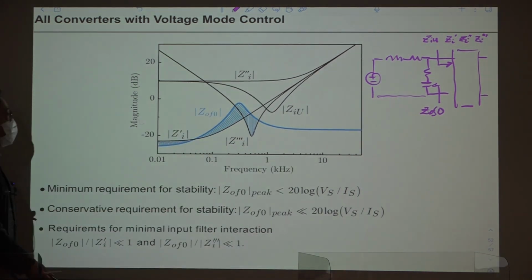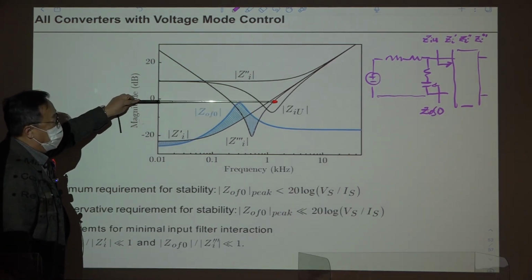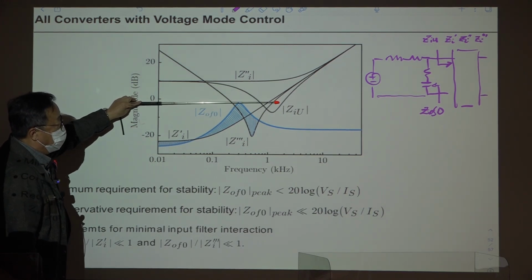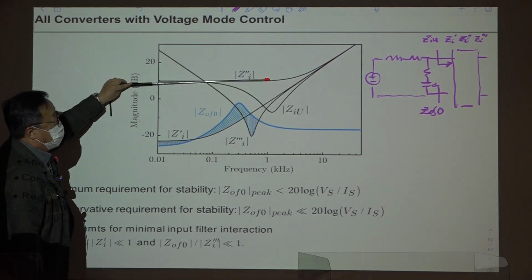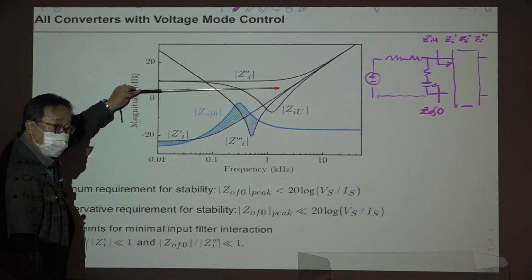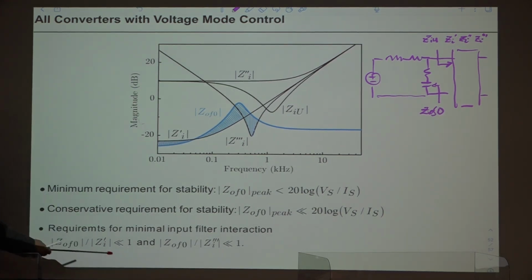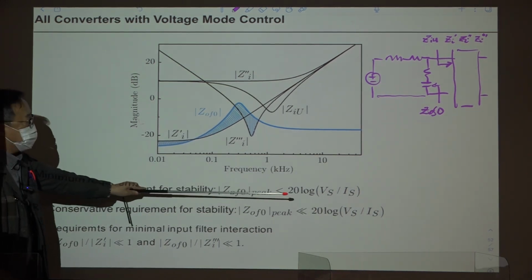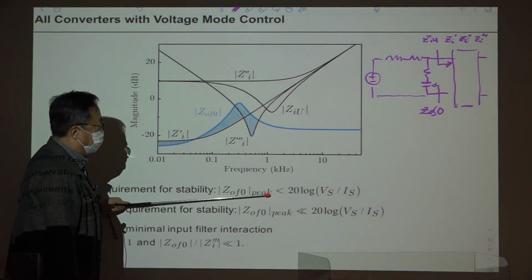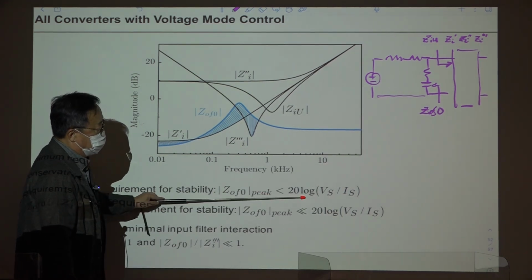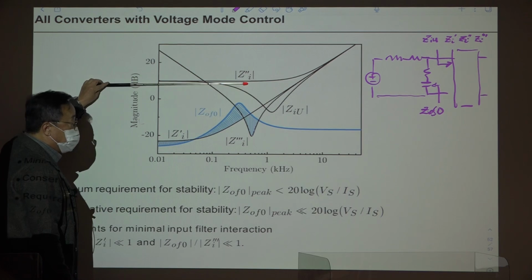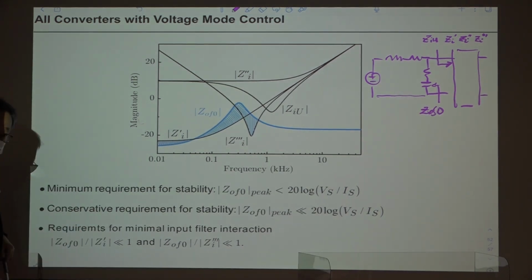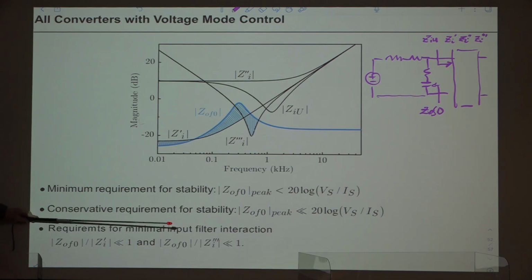Okay. So for the stability, the only requirement is the peak value of this output impedance of infilter should stay lower than this GI double prime or GIU. That is the only requirement. Okay. So this is the minimum requirement for the stability. So we need this. This is the peak value of output impedance of infilter, and this is simply the low frequency asymptote of those 2 impedances. But this is the minimum requirement. For the conservative requirement, for the guys who are worrying about something much, he needs to consider this condition.